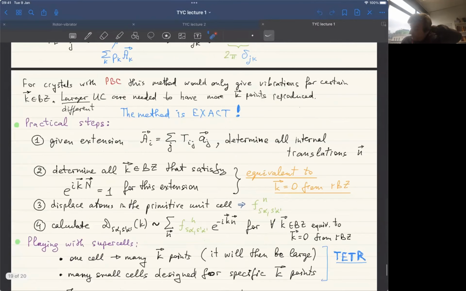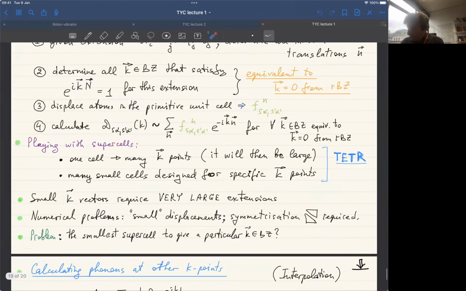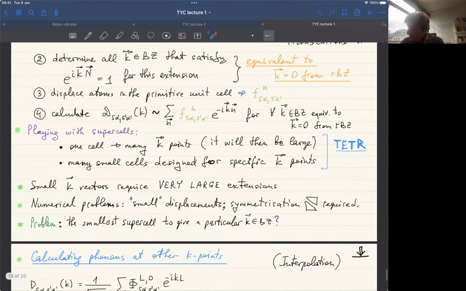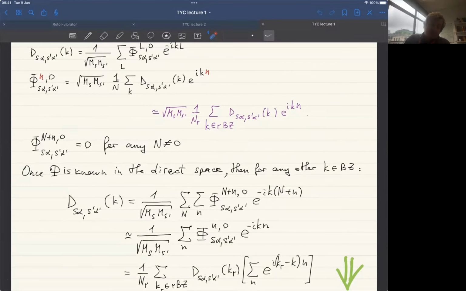You can, of course, do some interpolation, but these are all very approximate. Okay, so that was the